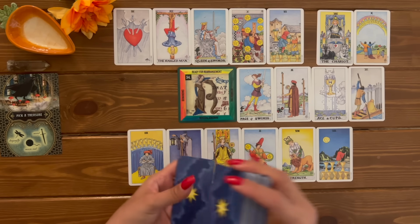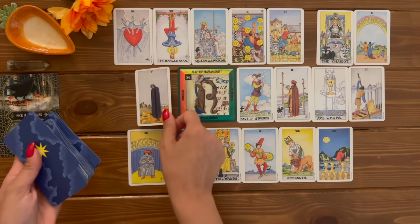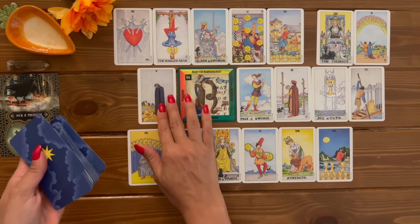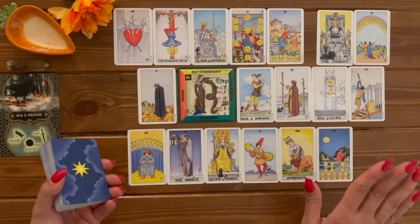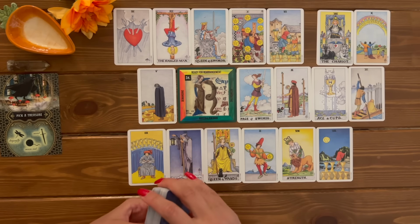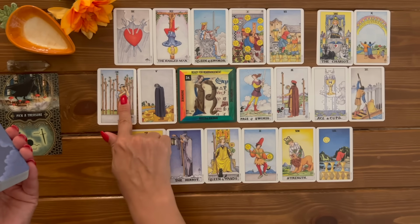My dear pile number 2. So you've got the Five of Cups. There's something about drop your sadnesses, drop your disappointments, drop all of that. Okay. So the key word here is demanding. I'm glad we waited. I got some more things to tell you. Demanding. Five of Cups, Nine of Wands,